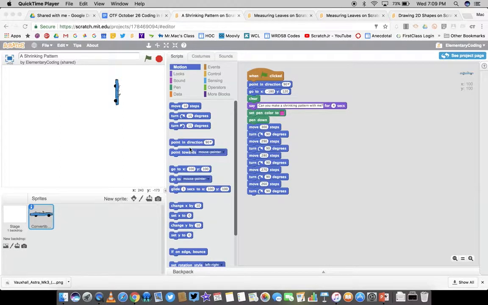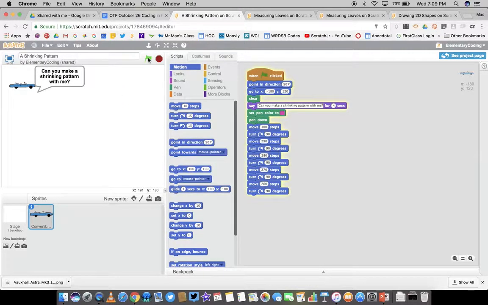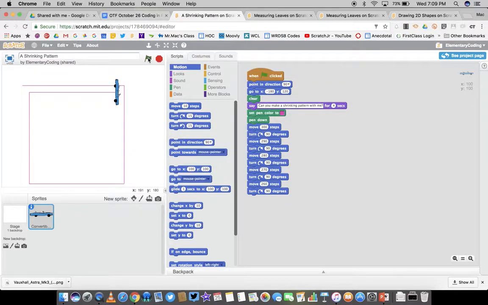In this program, I'm going to click the green flag. The car is asking if we can make a shrinking pattern. The shrinking pattern has been started, and here, if we look at the code, the car pointed in direction right,